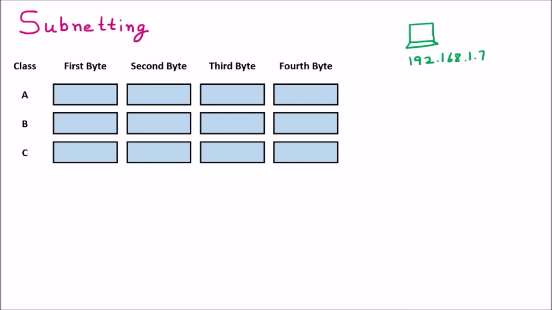Let us suppose our network provider has given us some IP. With that IP, we are going to divide it. Let us suppose we have a configuration like 192.168 that we make fixed. Now there are two further spaces which we want to fill out. With the help of subnetting we can fill them.